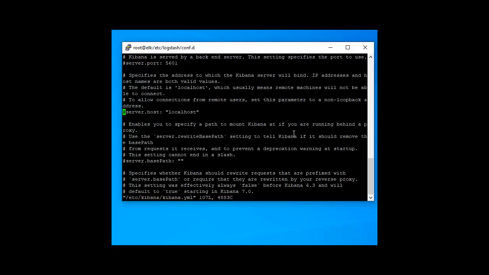By default, Kibana listens on localhost, which means you cannot access Kibana from an external machine. To allow this, first uncomment it and change it to 0.0.0.0. That means you allow all networks.